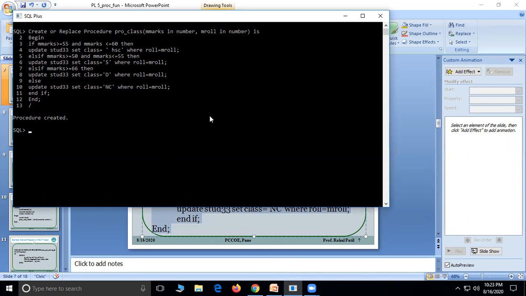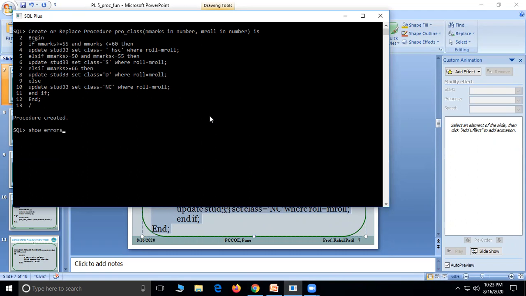For example, if there is some problem in the procedure and it is created with some error, it will display the message procedure created with compilation errors. In that case, to see what errors there are, you need to write the statement show errors.